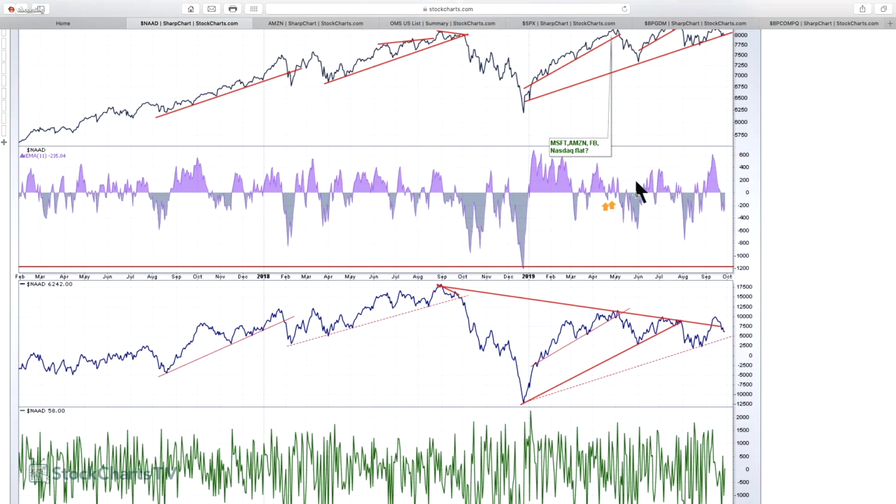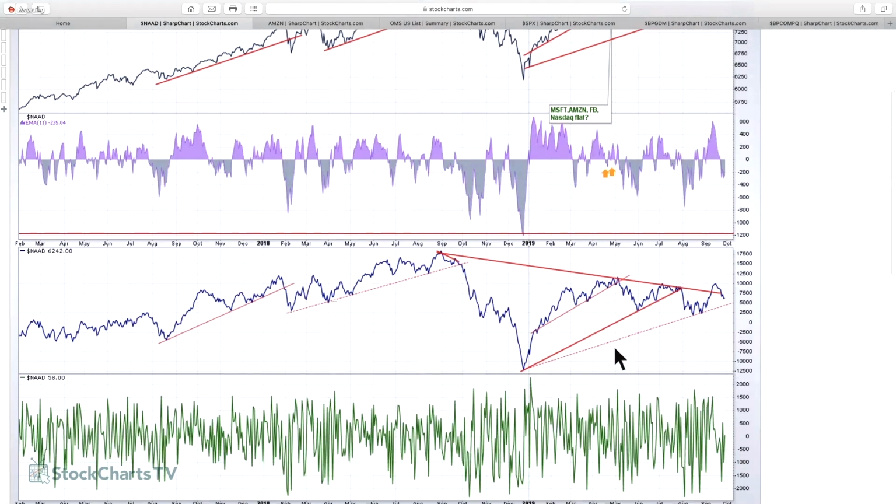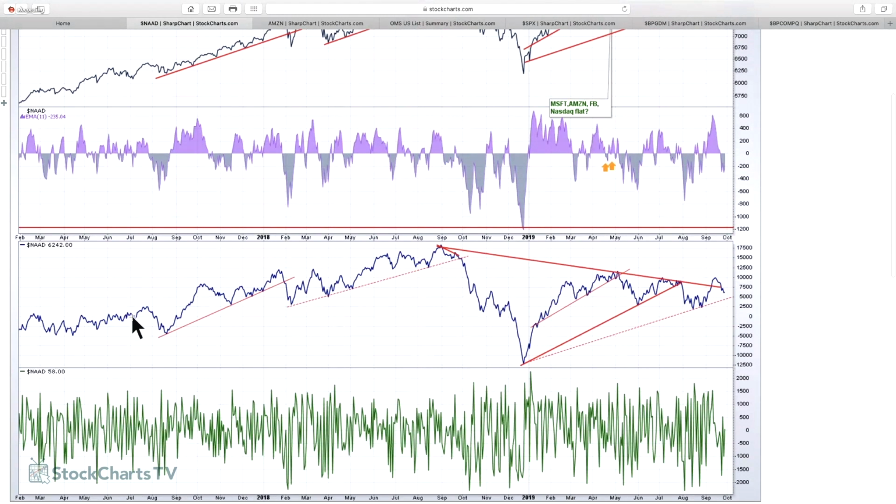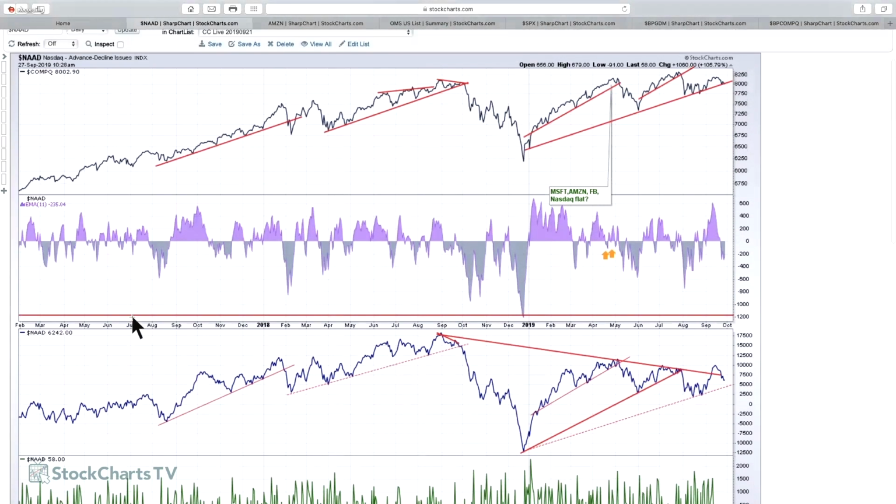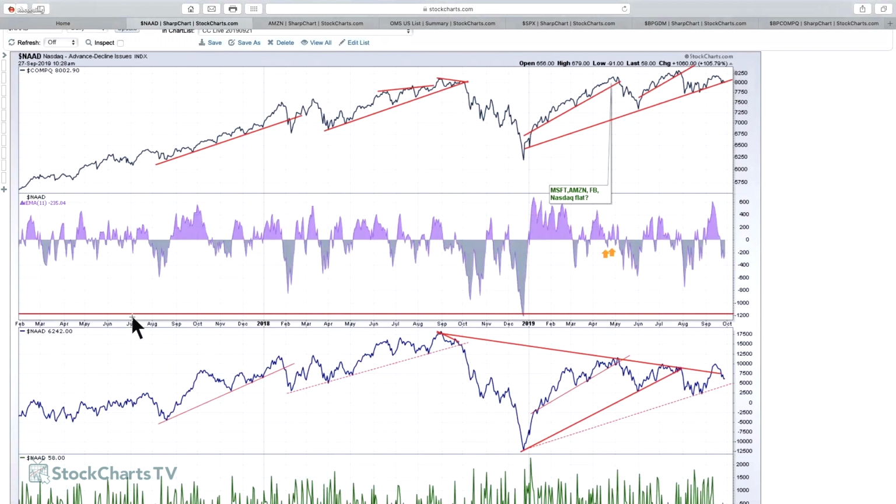So what we see on this cumulative approach is it takes the net difference between the advance-decline line from the previous day and adds it to the new day. So out of, let's just pick random numbers, 4,000 stocks, if 3,000 are going up and 1,000 are going down, you're going to add 2,000 to this list. It's not usually that big a swing, but obviously that's the kind of swing you see off the lows when things just really start to accelerate.